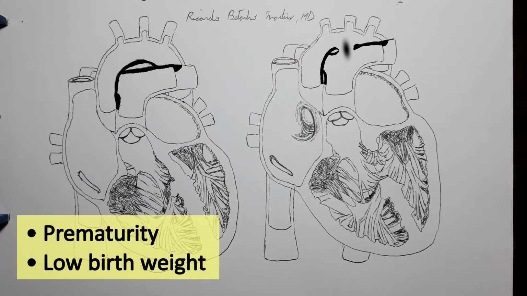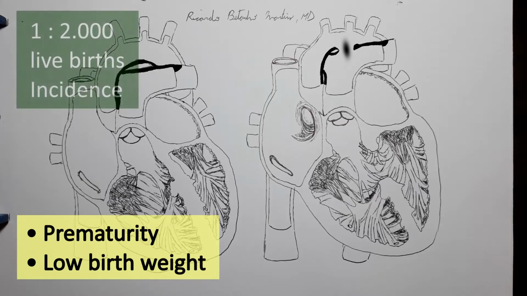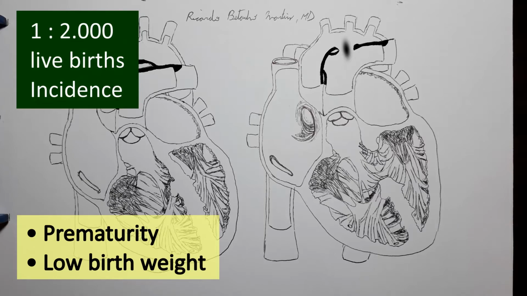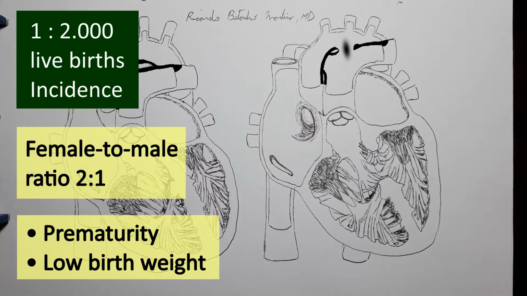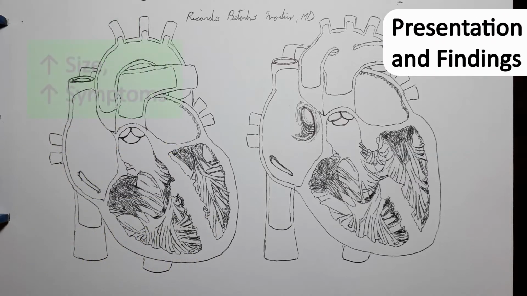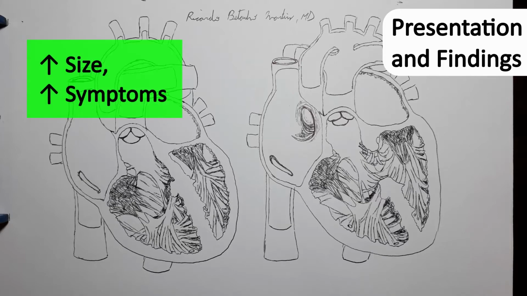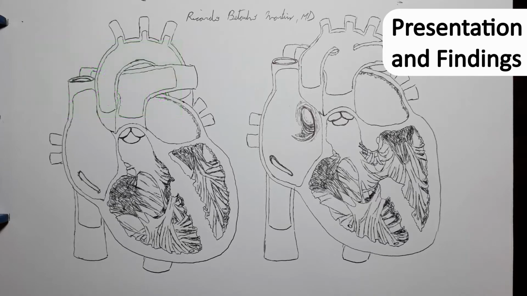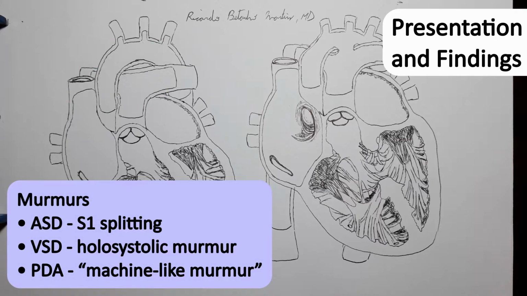Prematurity and low birth weight are important risk factors. PDA incidence is approximately 0.5 per thousand live births, but this value is debatable. Like with other shunts, it's twice as common in females in the absence of teratogens. The smaller the defect, the higher the chance to be asymptomatic. Still, since the presence of a murmur is widespread, it may very well lead to an investigation that reveals the